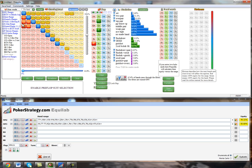And I think we're going to see some mixed strats with stuff like ace-queen. Maybe we can check call it or bet it. We're mostly just going to check call all of our jacks. I think that's pretty obvious. I think even a hand like pocket 10s will be check called here. Pocket 9s, my guess is, would be check folded, but I'm not positive. Whereas the 8s might make a good...